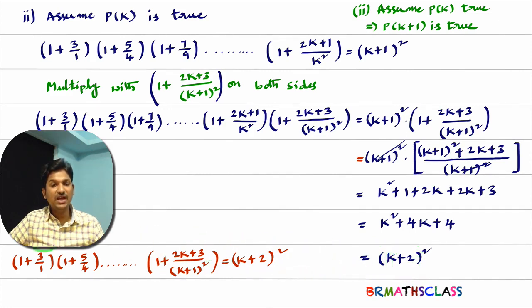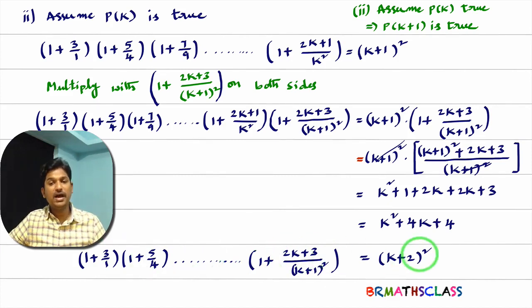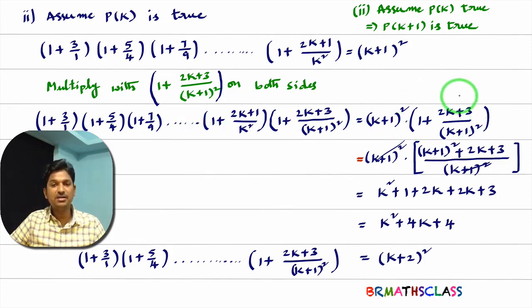So here I'll write the left hand side part also. You see here, what I got? I got P(k+1). Let's come to the main point. As we assumed P(k) is true, this is true. If we multiply a term on both sides, whatever you get is also true. That means this statement is true. I just did a little bit of simplification in the right hand side part, so whatever I got here is true. What is this? This is P(k+1). Therefore, we can say that P(k+1) is true.